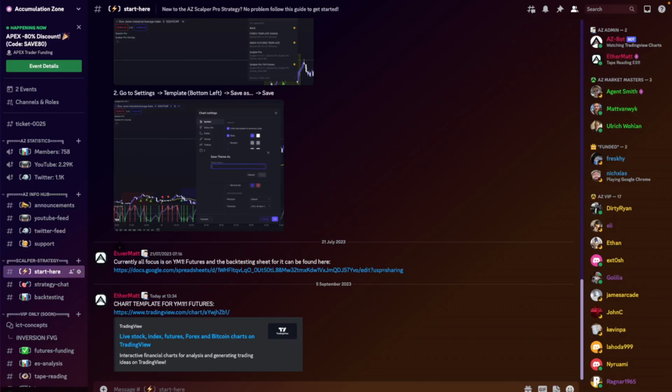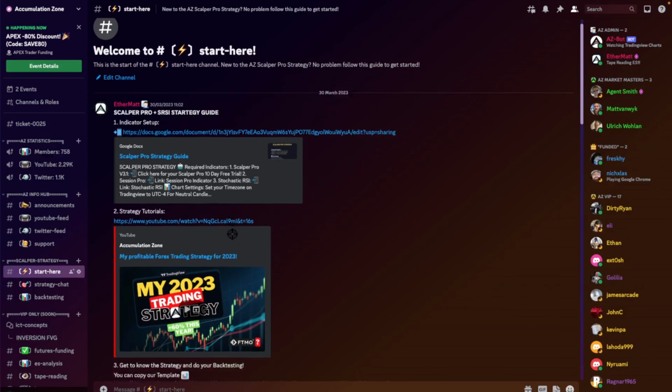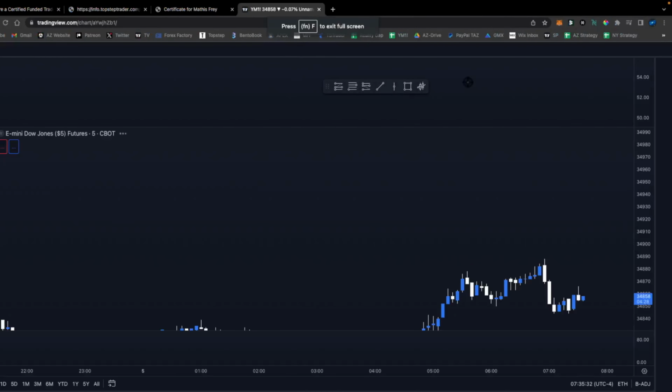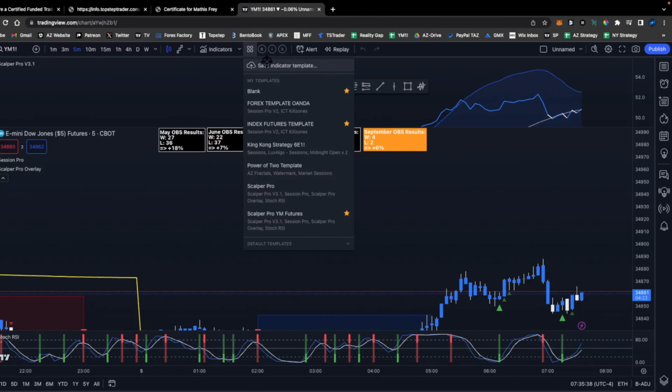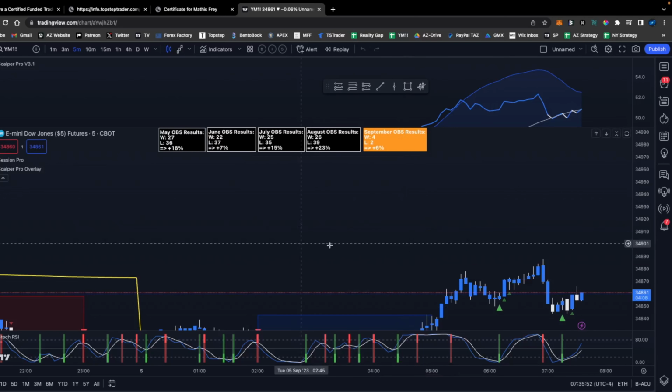To keep it very simple, all you have to do is simply join us on Discord and then go over to the Scalper strategy section, and then you'll find the channel called Start Here. In this channel I have a complete setup guide on how to install the indicators, or you take the shortcut and simply click on this link right here. Then a Google Chrome tab will open up, and all you have to do is click on Save Indicator Template, and then you call it Scalper Pro YM Futures. I already have that, so I'm just going to name it differently, and then you click on Remember Symbol and Remember Interval. Then all you have to do is click on Save,